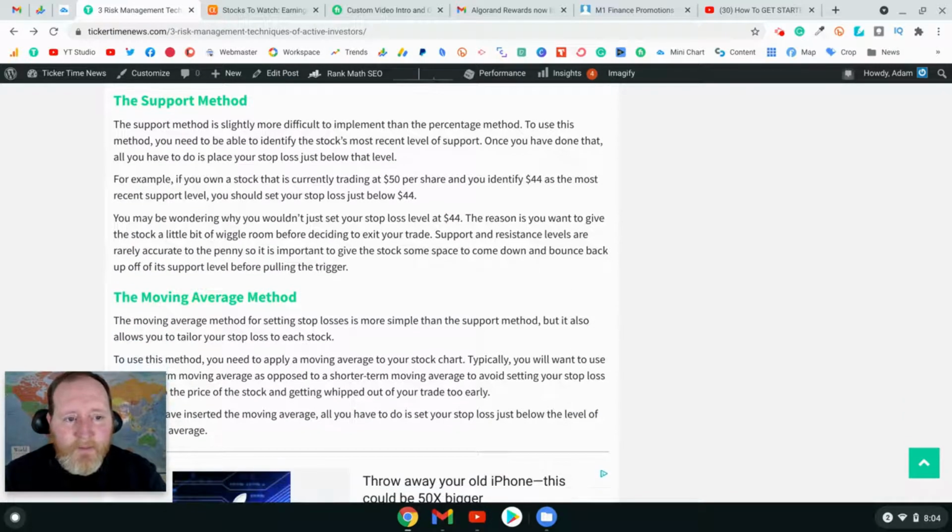The support method. The support method is slightly more difficult to implement than the percentage method. To use this method, you need to be able to identify the stock's most recent level of support on their stock chart. Once you have done that, all you have to do is place your stop loss just below that level. For example, if you own a stock that is currently trading at $50 and you identify $44 as the most recent support level, you set your stop loss